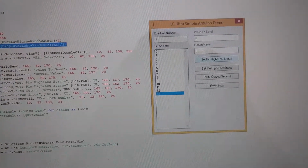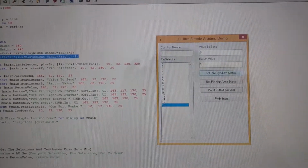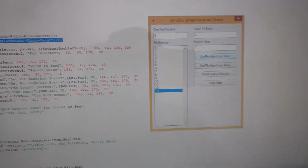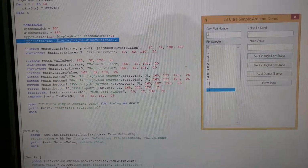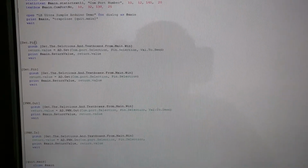PWM output will return a value of 1 if you set it, even though you set it to a value of whatever you set it to, to position the servo or dim a light or whatever. Now, I'm going to take a little basic walkthrough of the code, so I'm going to close this out. And if I scroll down here, okay, so when it does the set pin,